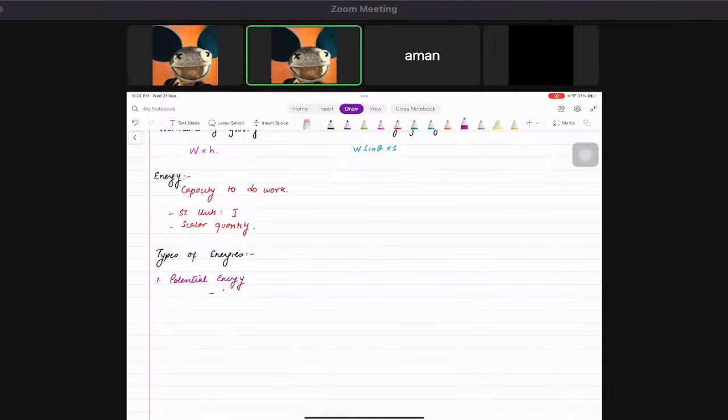It has elastic potential, it has gravitational potential, it has electric potential energy, right? So there are three different types. Then after that we got kinetic energy, okay,